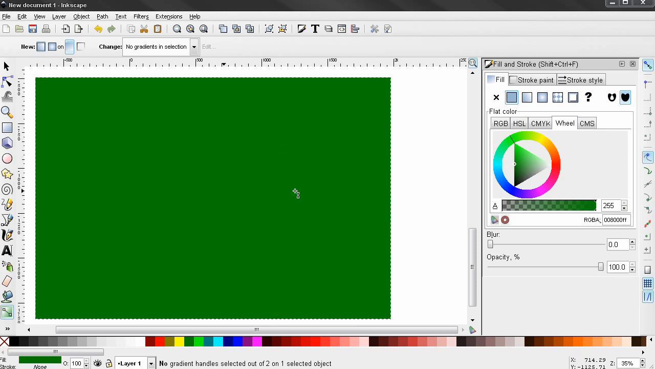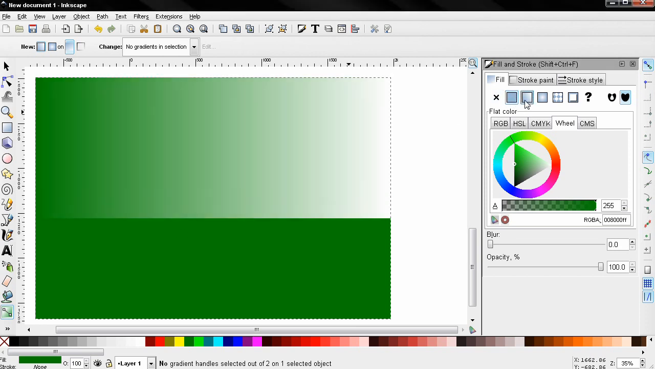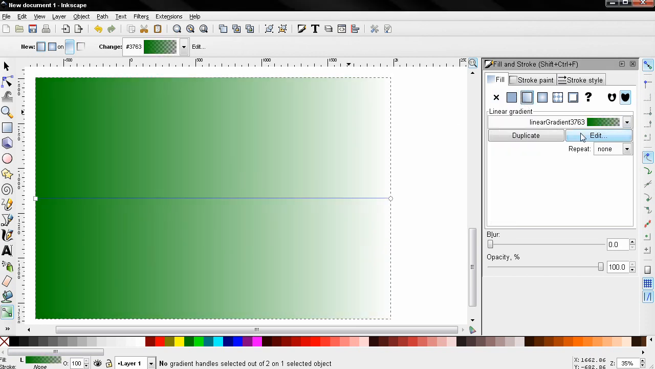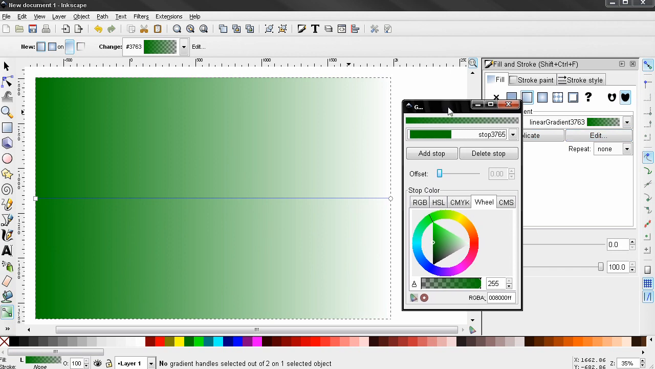Hi, in this tutorial I continue with the fill and stroke tool. Let's select again linear gradient. Let's select again the edit option and continue with this dialog. And the first thing I want to show you is how you can change the color from this green to,